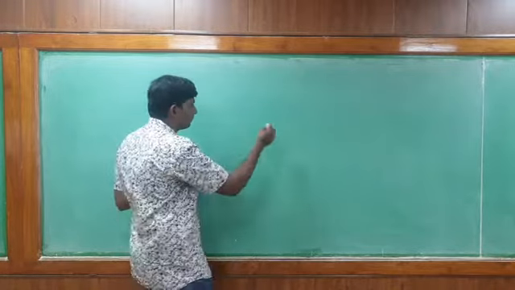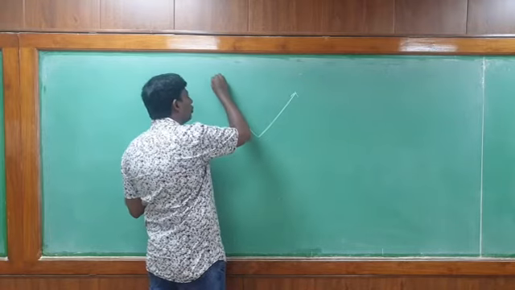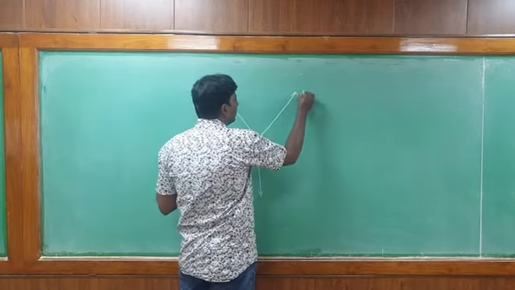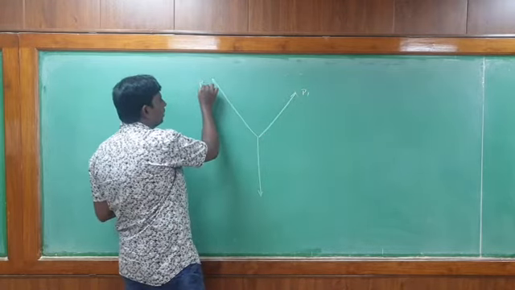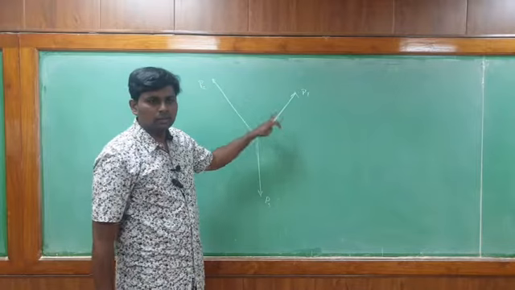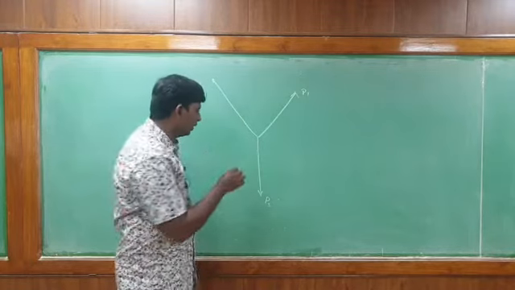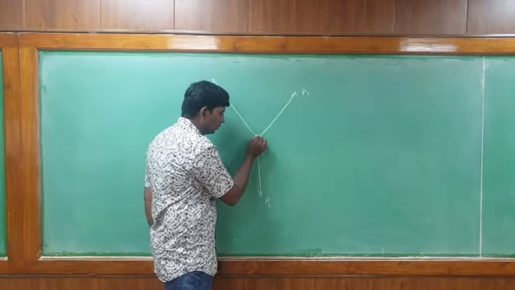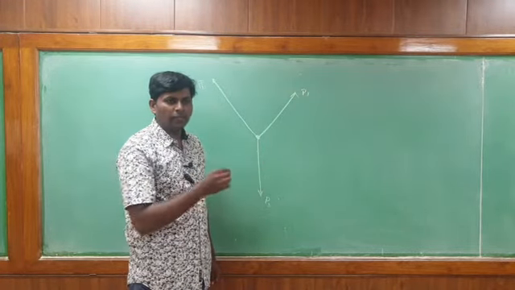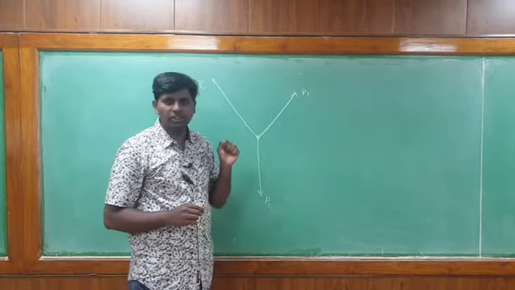See here, this one is your force 1, this one is your force 2 and this one is your force 3. These can be taken as P1, P2 and P3. If three forces acting at a point, here this is the point, are in equilibrium, after acting these three forces the body is in equilibrium,